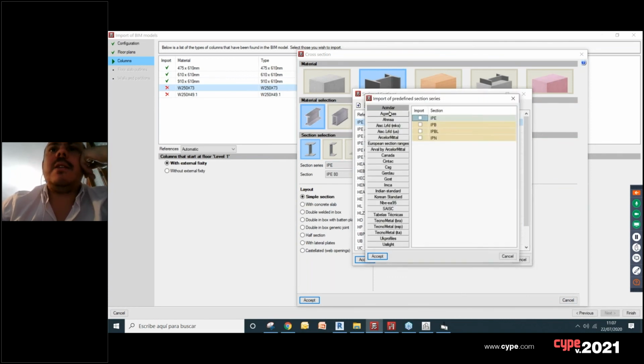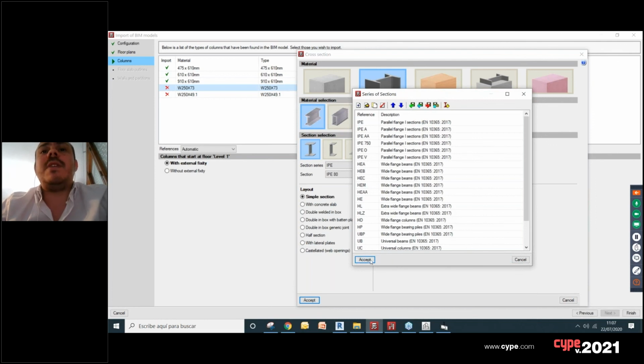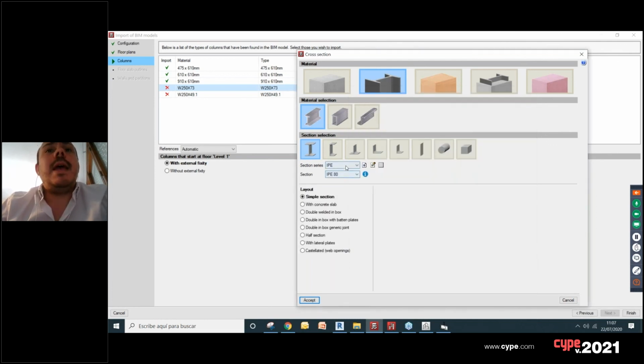assess these different predefined section series, and maybe we have a W series here. So we have here a W series, W section. I will import that to my library of CYPECAD. I will accept, and now I have the W available here. Okay, so it was the W